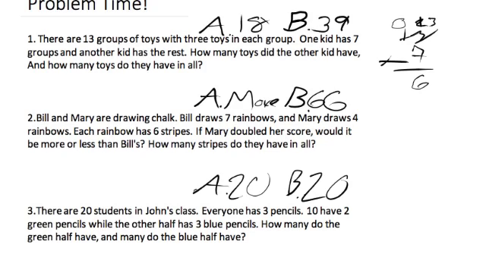I didn't even actually do that. That was funny. So we get 6 for the answer. And then it has 6 groups, but it's asking how many toys it has. So you have to multiply that by 3 to get 18. And then how many groups do they have? How many toys do they have in all? Which is 13 times 3. So 13 times 3 equals,